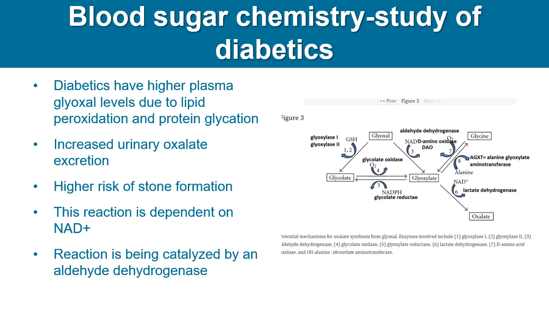They did these studies where they incubated glyoxal in these liver cells. But that's not important. What's important is glyoxal can be converted to glyoxylate, which is the major precursor of oxalate, and this is dependent on NAD. So it's an NAD-dependent reaction. And this possible metabolism that I'm discussing here, as you can see in the picture, is where we have the conversion of glyoxal to oxalate. So you can see here we have glyoxal, and there you have glyoxylate,